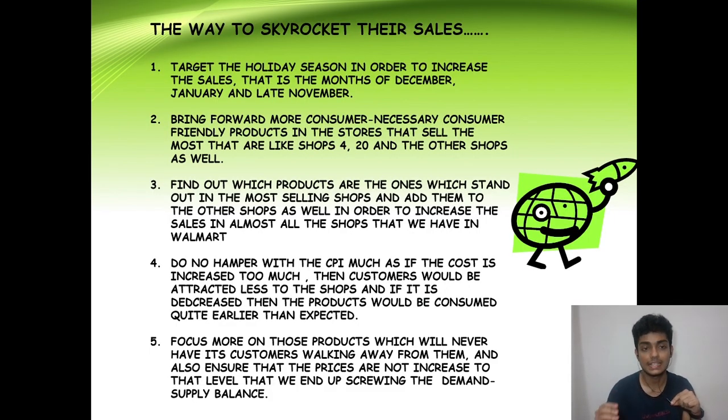So what we would want is to skyrocket their sales. These are certain ways. Target the holiday season, as I already told you. Bring forward more consumer-friendly products. Next, find out those products which are sold in shop number 4 and 20 which are better. Also, do not hamper with the CPI that much, because CPI is basically your demand supply ratio decider. And also focus more on those products where customers will never walk away. Even if you increase or decrease the cost, customers will say, even if they are increasing the cost, never mind, we'll buy them, we need to buy them. So focus more on those kinds of